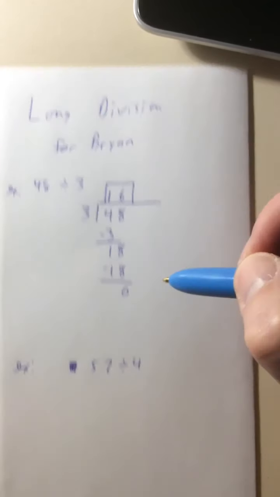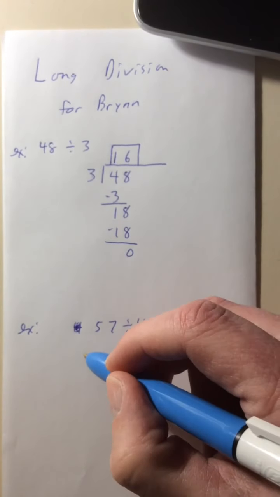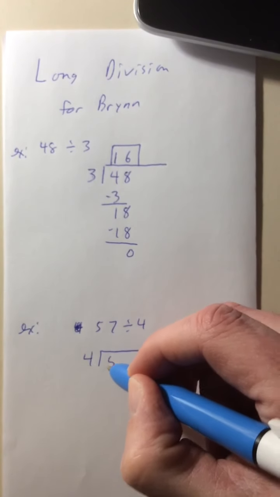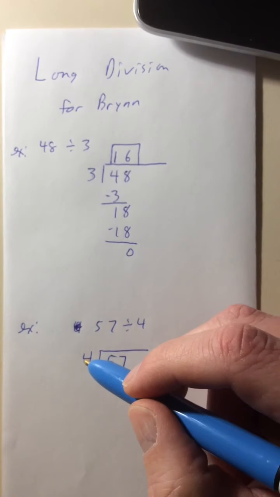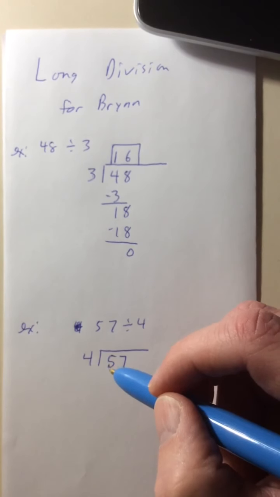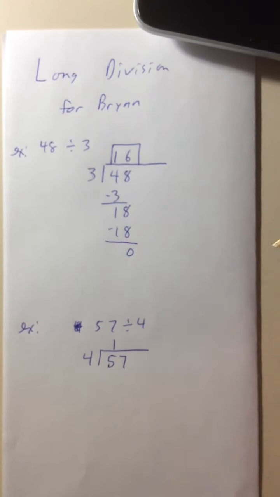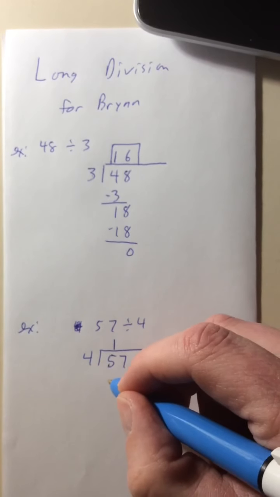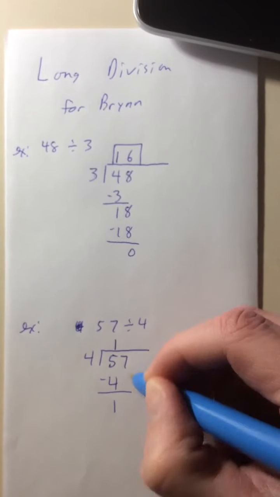This one had no remainder. This one is going to have a remainder. So 57 divided by 4. Like I said, the 4 goes on the outside, 57 goes on the inside, and again, we just go through the process. Does 4 go into 5? Yes, it does. It goes in once. So put a 1 right up there, and it could be 2, 3, or 4, with different numbers. We'll see that later. So 1 times 4 is 4, and again, we subtract, and 5 minus 4 is 1,